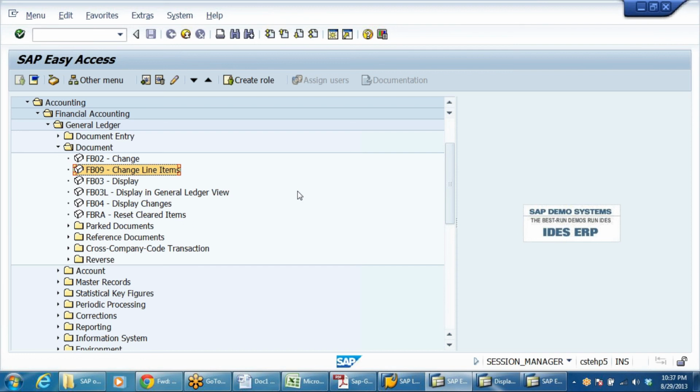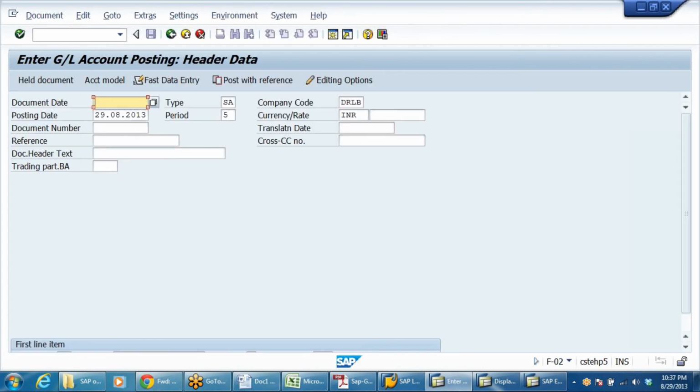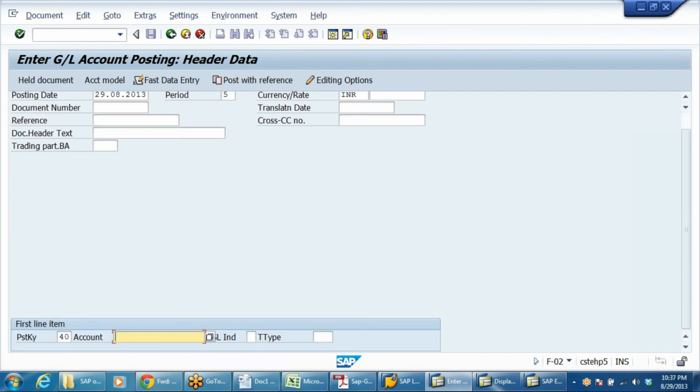And when coming to document holding, see, document holding is nothing but, I want to post a document in case of document entry. I'm posting a document and I want to discuss with my boss because some complications are there and my boss is not available immediately. So I don't want to keep it pending. If I am posting in F-02, let me post one accounting entry, for example 400 303 office maintenance.